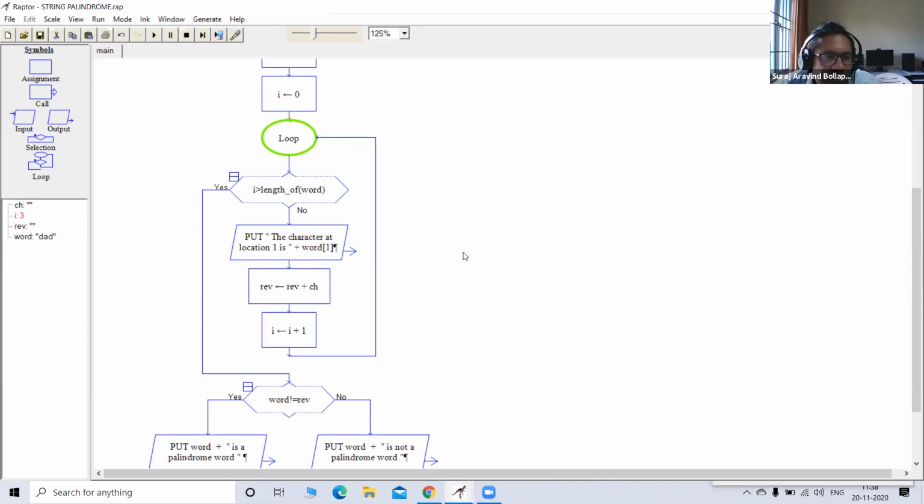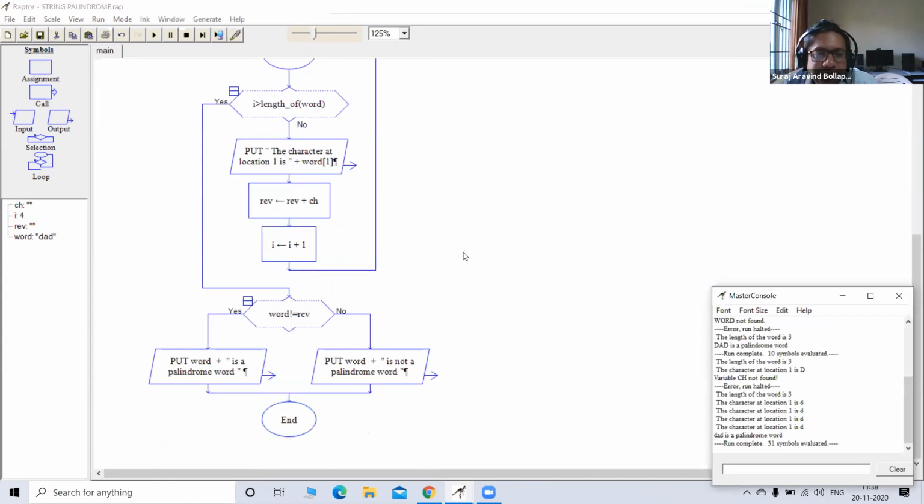So that REV, if you observe on the left hand side, REV is always empty only. So the plus symbol which you are using in the loop, you expect it to concatenate, but it is not working that way, right?